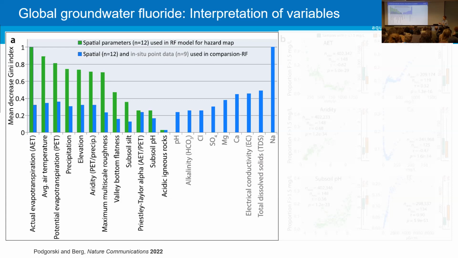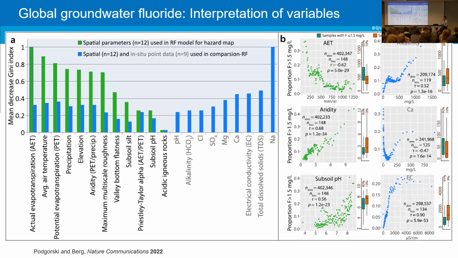And I think it's also interesting to point out that the level of importance of some of the spatially continuous surface parameters derived from Earth observations is comparable, a little bit lower, to those that are measured in situ. It's just a kind of proof that these surface parameters are still quite good, and they should definitely not be discounted.